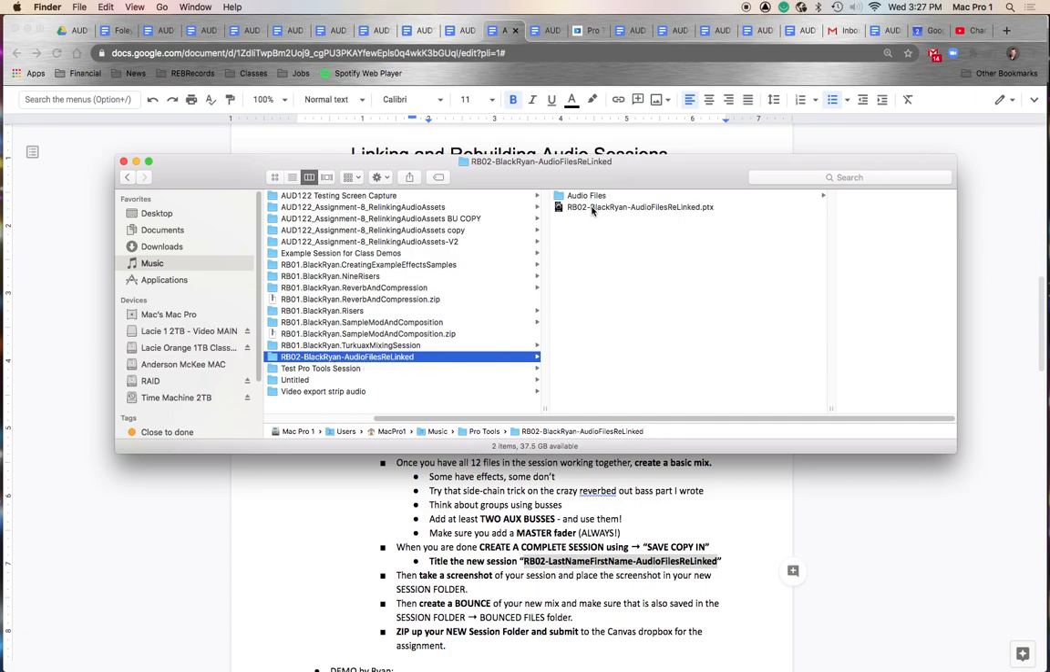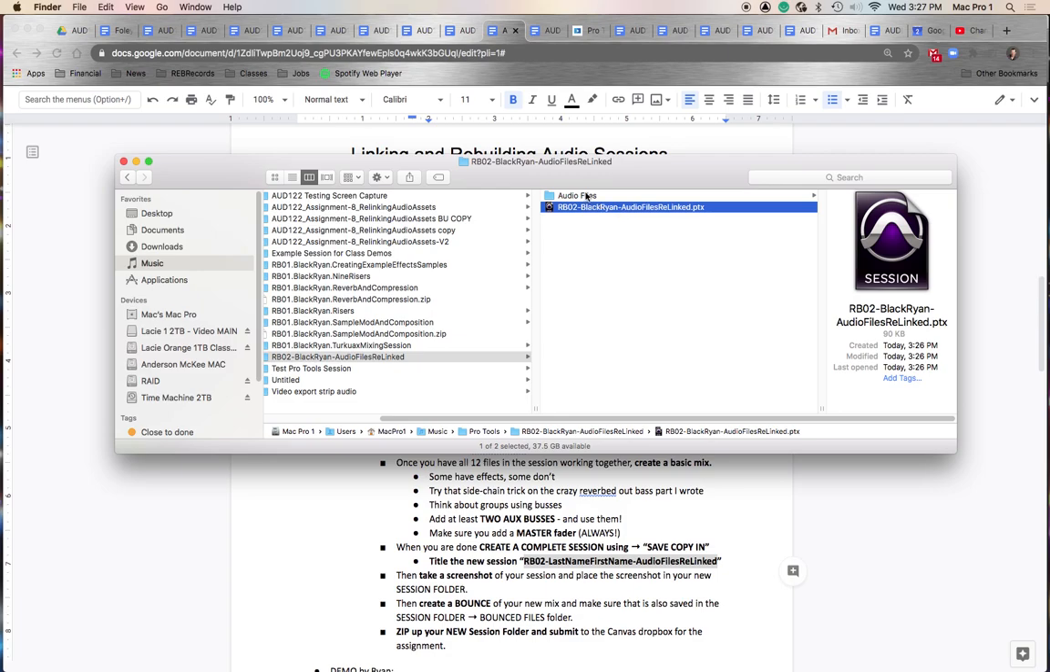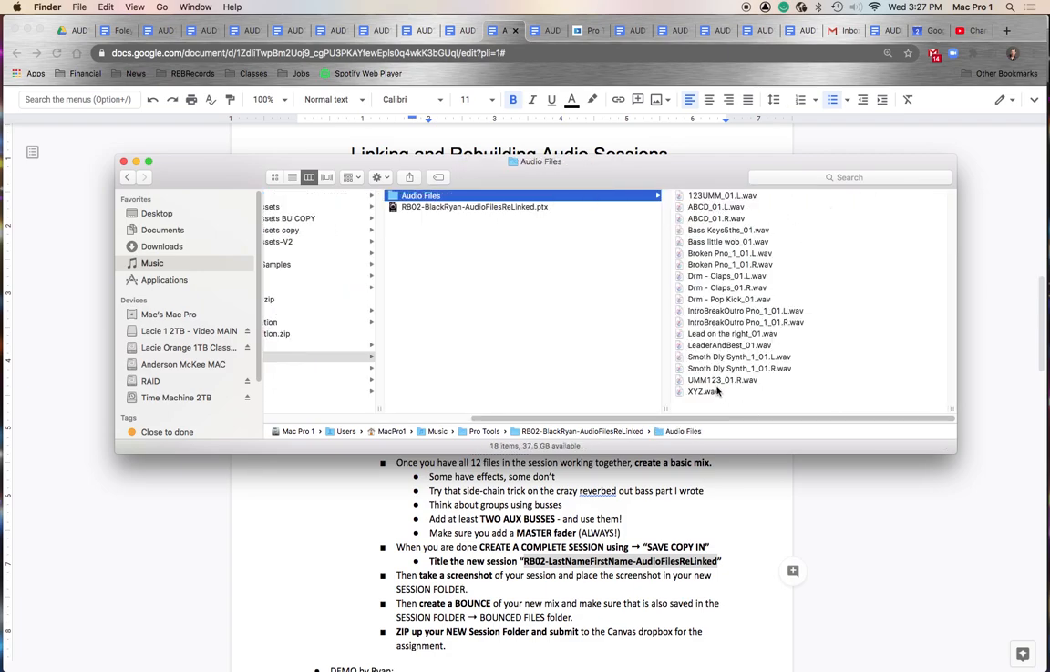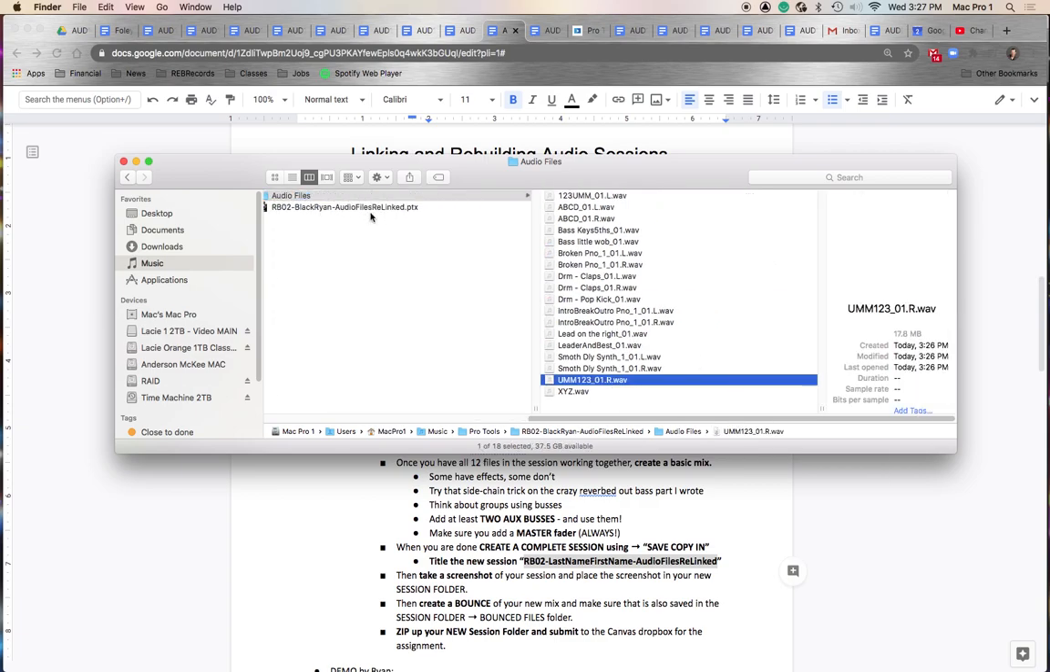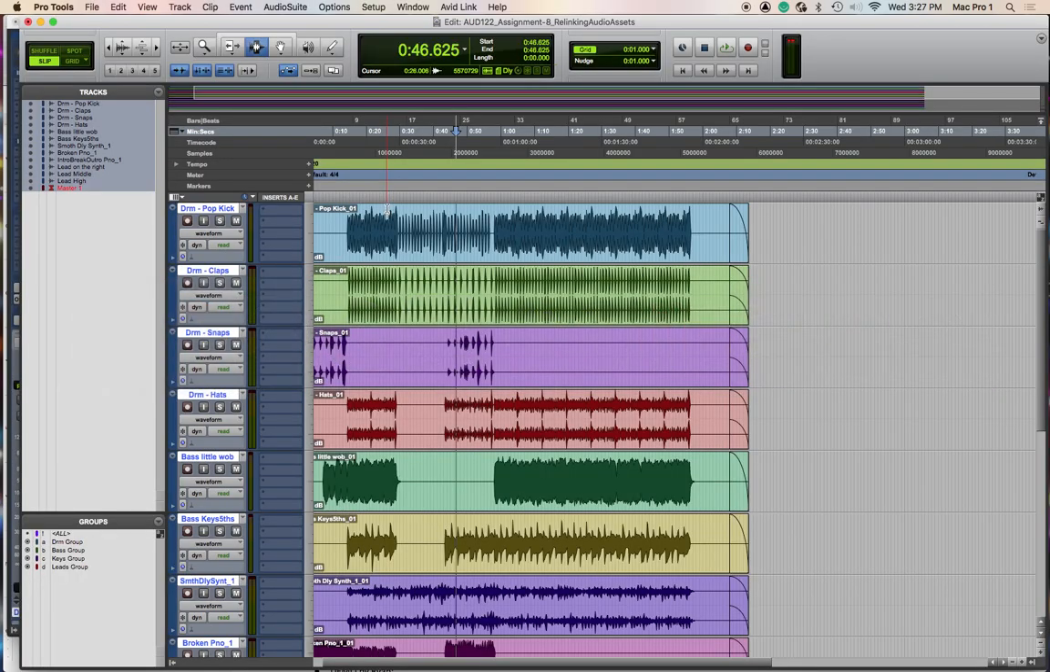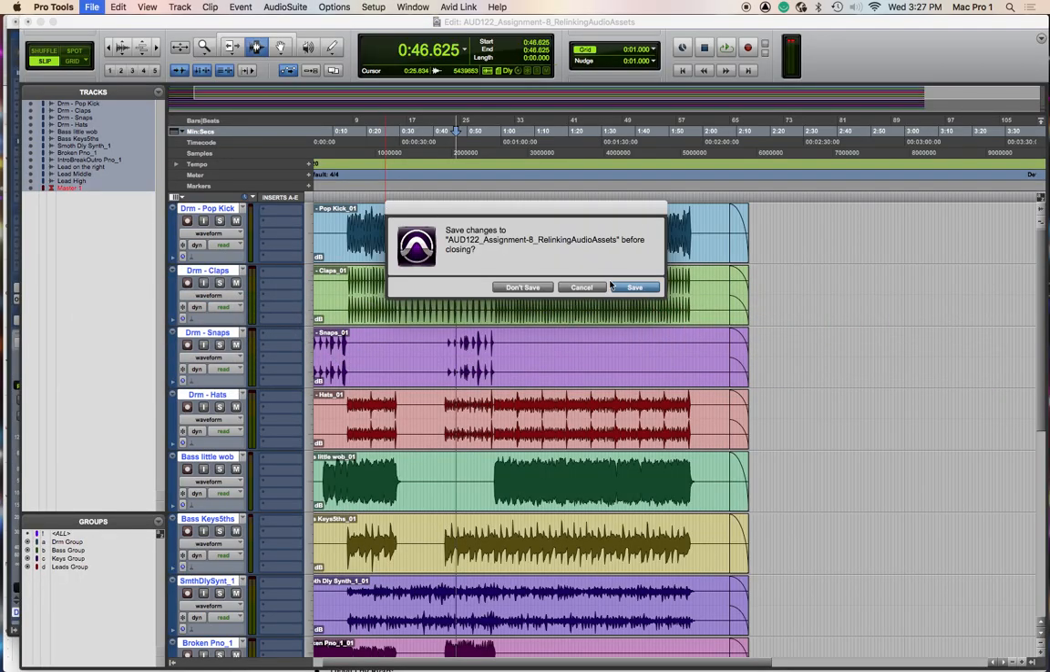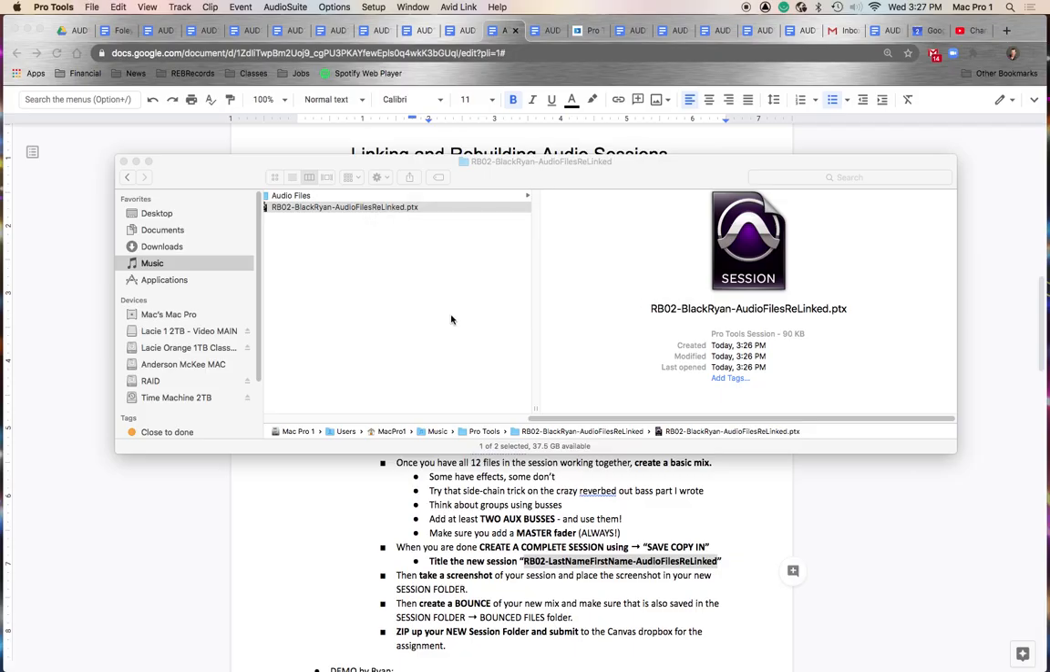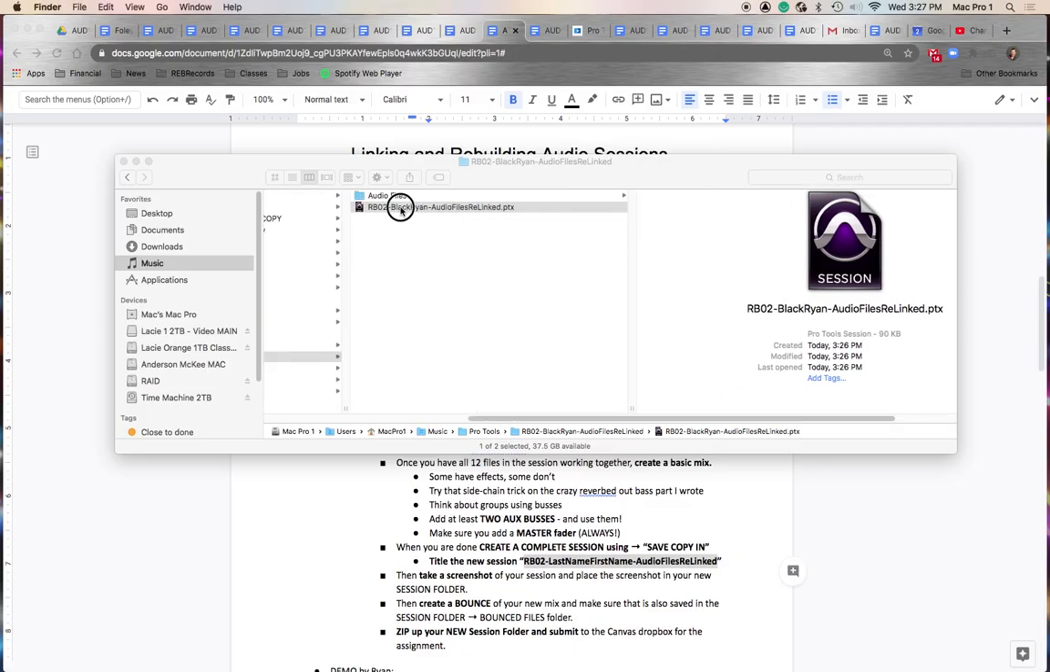And look at how simple this is. We have our one session file and all of our audio files, even though they're named weird things. We didn't rename the actual files on our computer. When we open this session now, so I'll go over here and close this session. Shift Command W closes the session. And I'm not going to save because I don't want it to remember all those links. But when I open this new session,